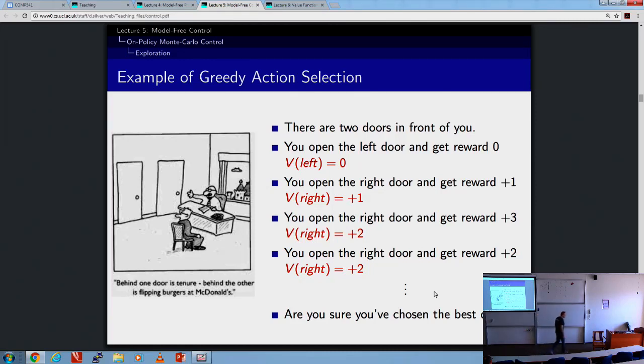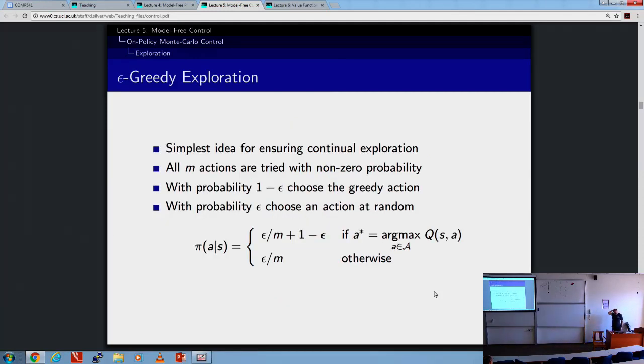Okay? So that's the idea of epsilon greedy exploration, which is basically with epsilon probability, we choose an action at random. With 1 minus epsilon probability, we choose one according to our current best estimate. Okay? And then the setting of epsilon is just like the setting of the learning rate. You have to fudge with it. But in order for this thing to converge to the ideal